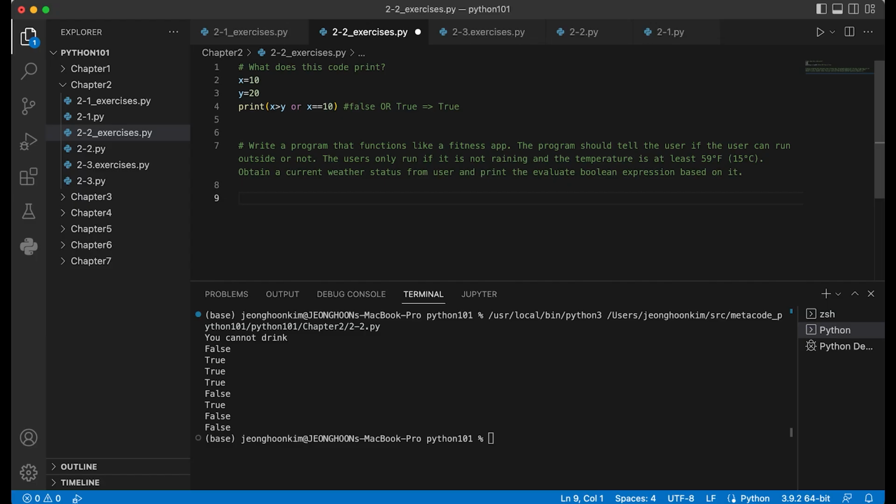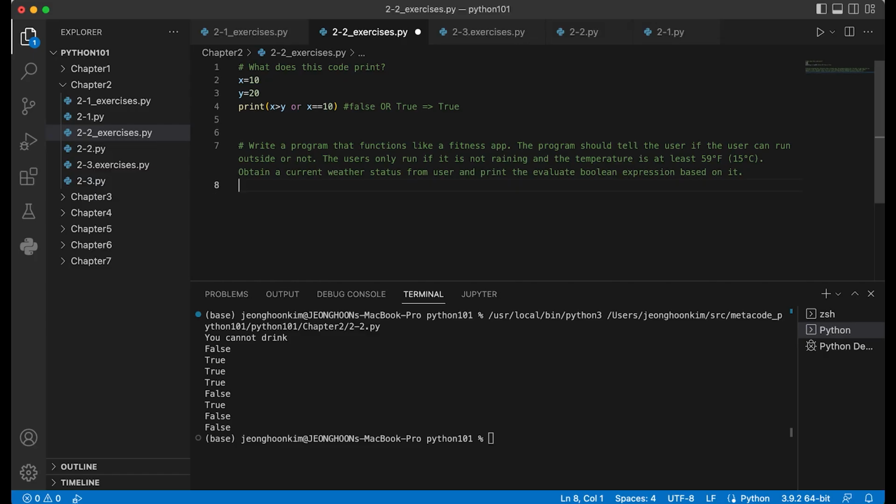So we want the user to provide us with two pieces of information. First, whether it's raining or not. Second, what is the temperature. Let's get these two from the user and we can return whether they can run or not.